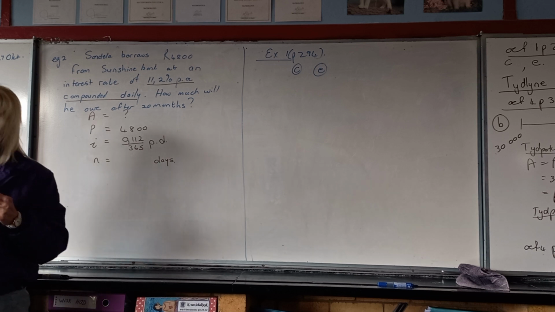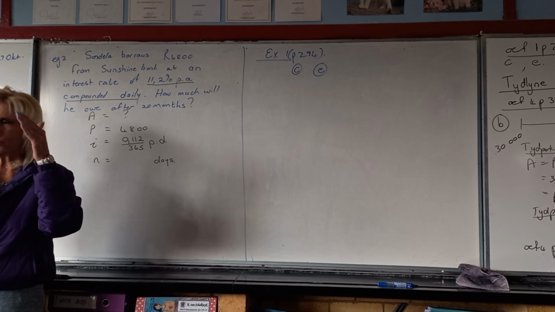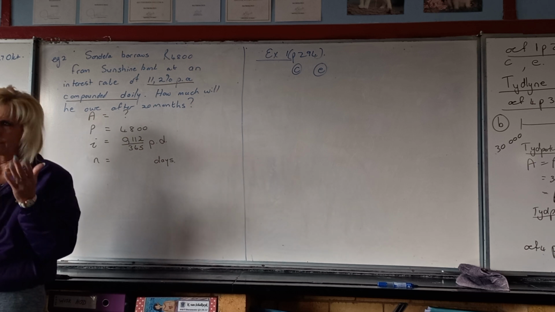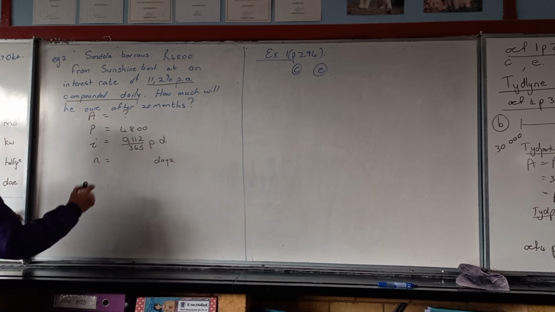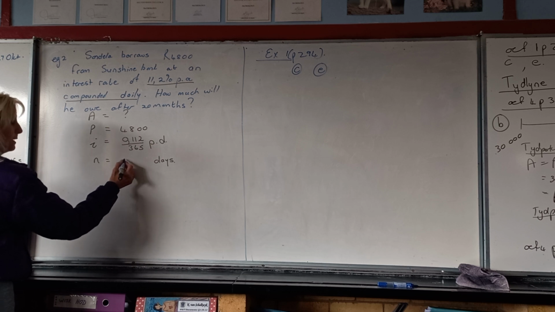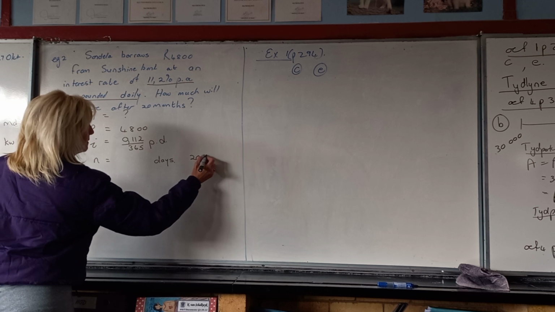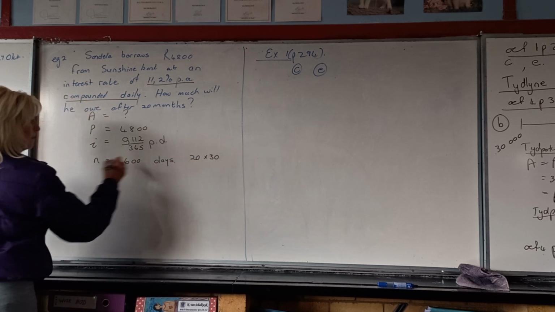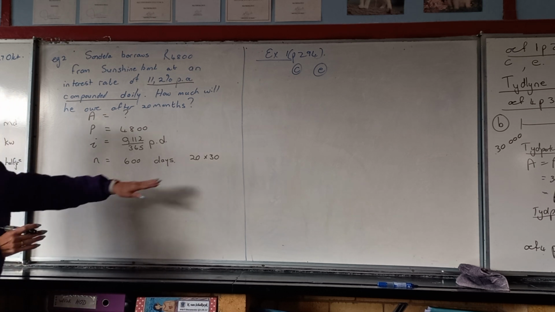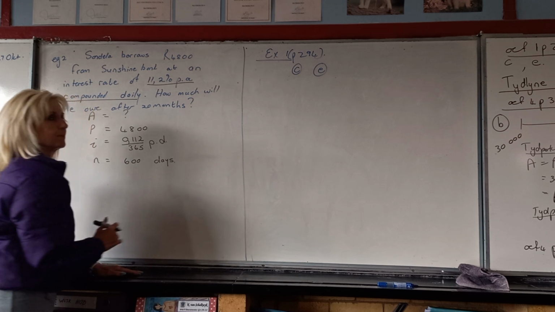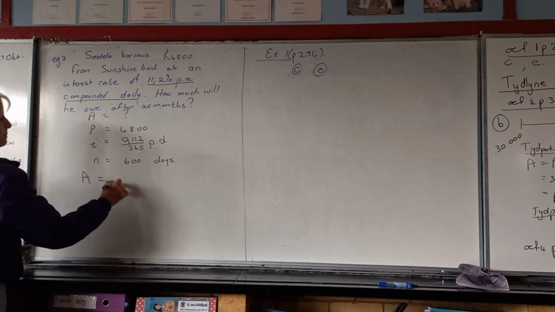Because if you were a tax consultant, you would go and sit and see from which month to which month it was, and actually how many days each one of them had. Okay. So, how many days then? I will say 20 times 30, which will give me 600. 20 months times 30 days gives me 600. Are you with me, everybody? Do you have to show me that? No. Okay. But it might be a good idea, especially if it's difficult. Then our sum just like that